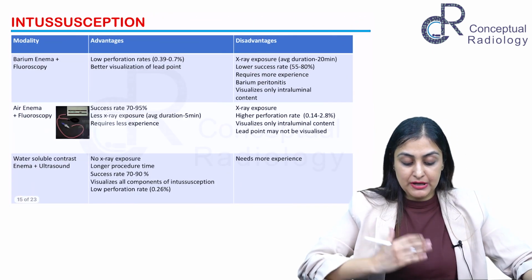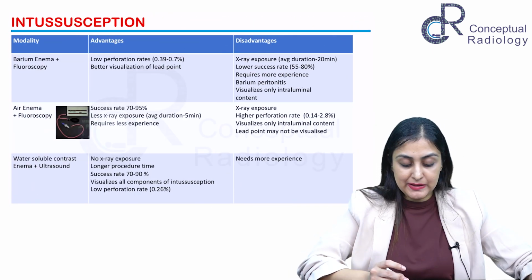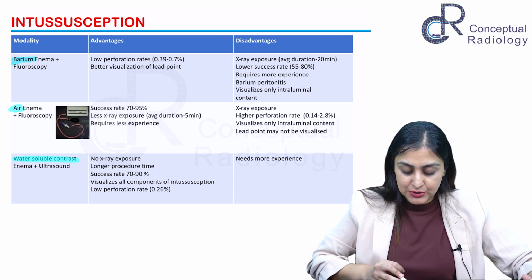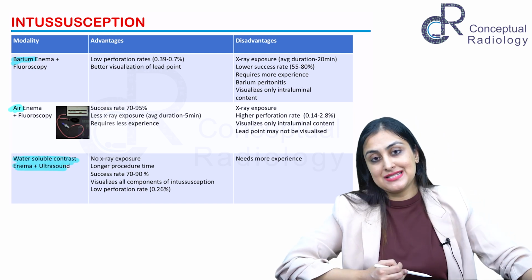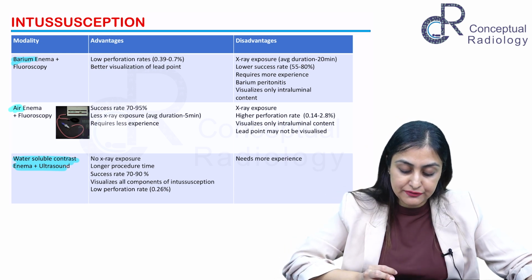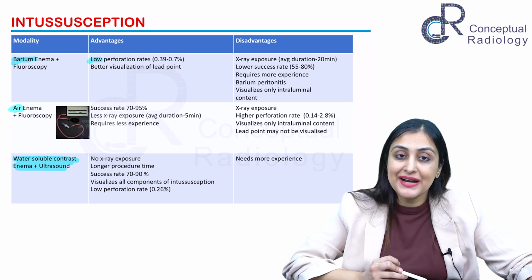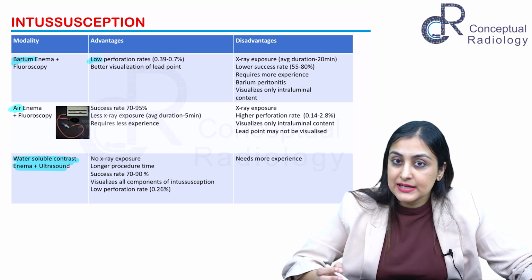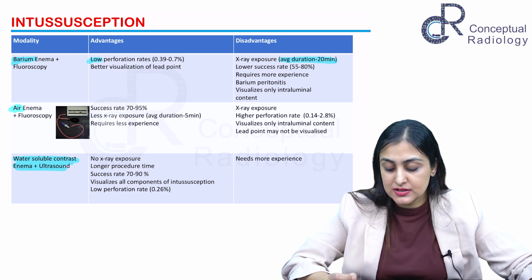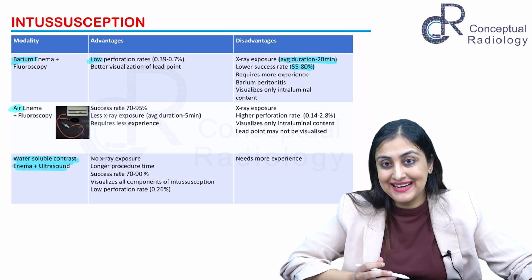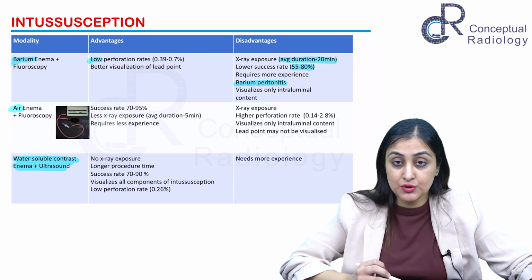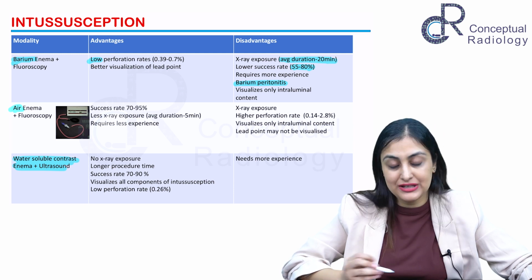So now, which enema? Now I'm going to show you a comparative table, again very important for theory exam as well. So we have a barium enema, we have air enema, and you can also do an ultrasound guided contrast enema or a hydrostatic enema here. Advantage of barium is that the perforation rates are lower and you can better visualize any lead point if any. Disadvantages are that there is higher X-ray exposure. It takes longer time, around 20 minutes. The success rate is relatively lower, around 80%. It requires more experience. There is barium peritonitis, which is a risk because we're injecting barium, and you can only visualize